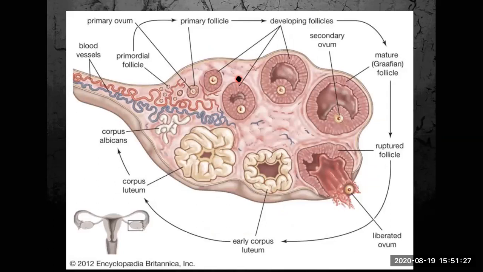This gland is the ovary, which is present in females, and it is located in the female reproductive system. You can see this picture. In this picture, this is the female reproductive system, the fallopian tubes, and this is the uterus, and this part is the ovary. A pair of ovaries is present in human females, and it acts as a primary sex organ as well as a gland which releases two types of hormones, estrogen and progesterone.